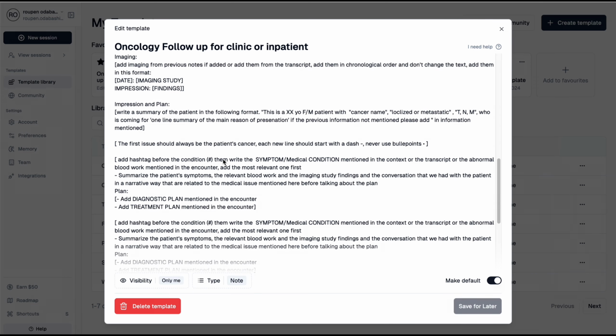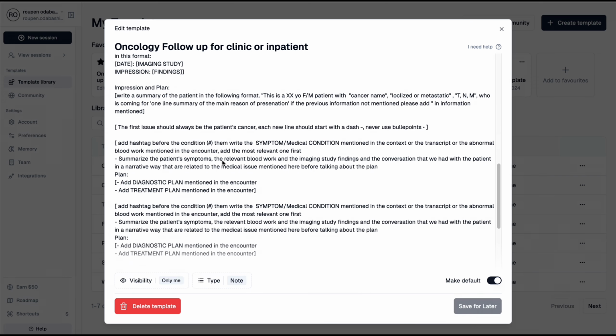So I mentioned that specifically. And then I say never use bullet points. I don't like bullet points. I like dashes, and it usually does a good job. And I even say add hashtags before the condition. Where I work, usually they don't write conditions numbered 1, 2, or 3. They add hashtags. And then after the condition, I want to auto-populate the important information that led to this plan